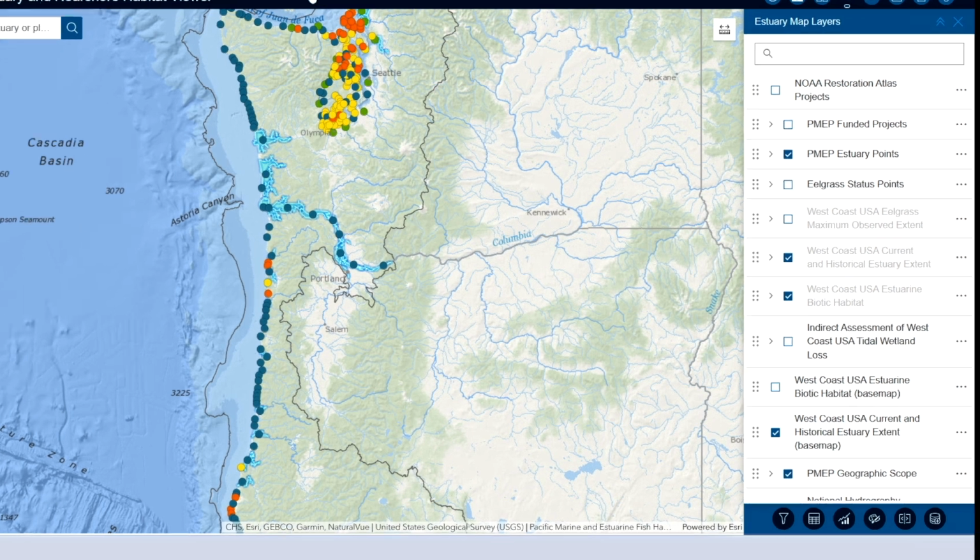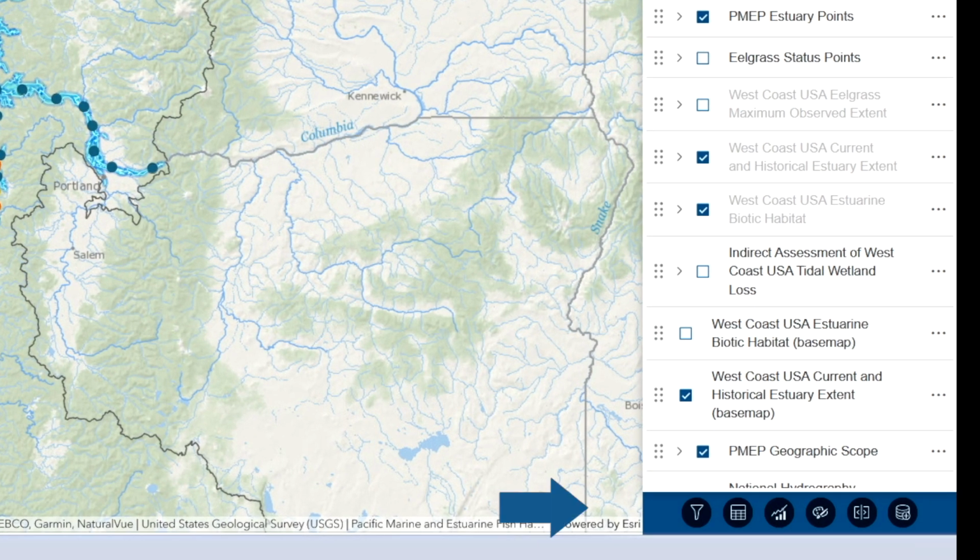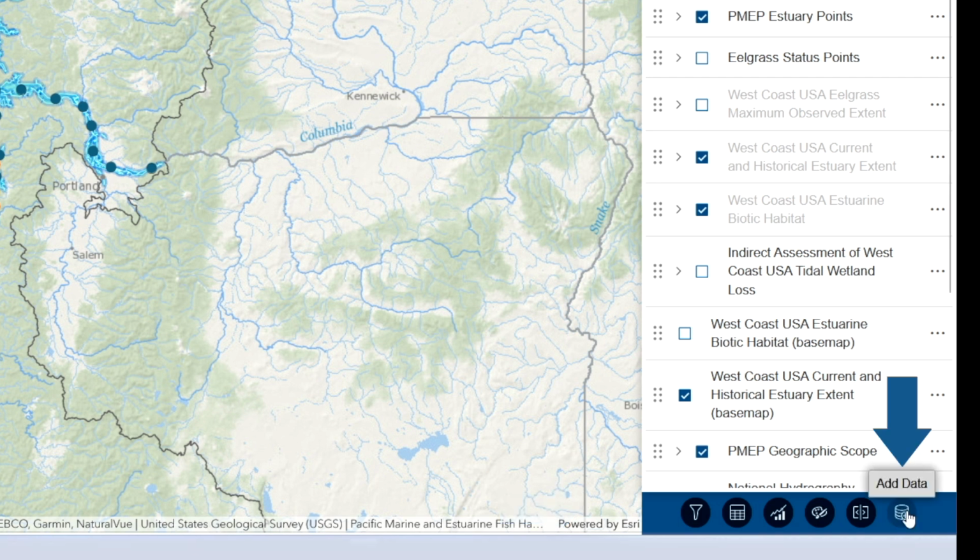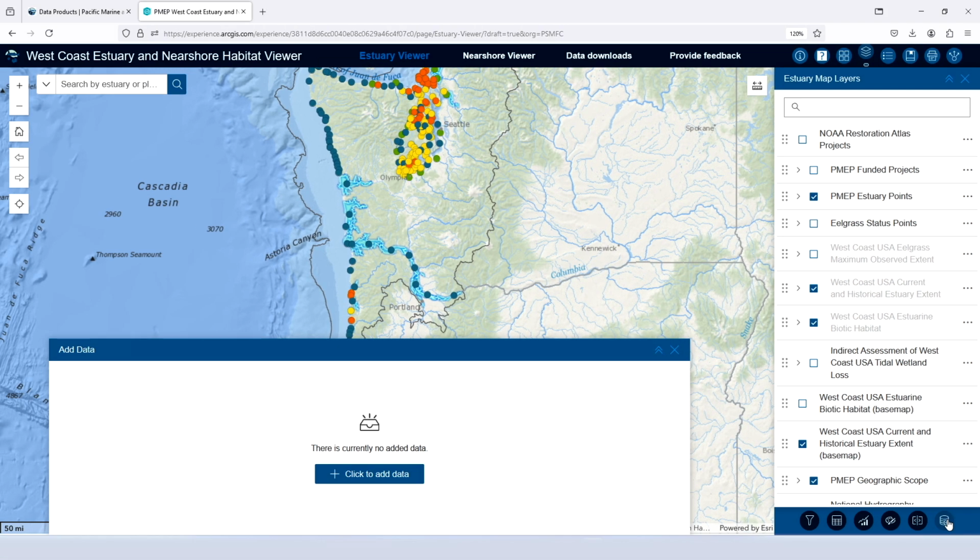Underneath your layer list on the right side of the screen is a series of widgets for ways to filter, search, and query the data. The last widget on the right is the Add Data widget. The Add Data widget will open up in the bottom of your screen. Click to add data will bring up another menu with 3 options to add data: